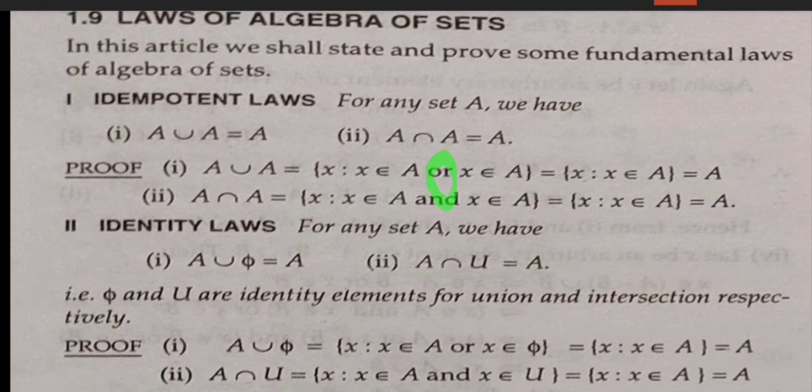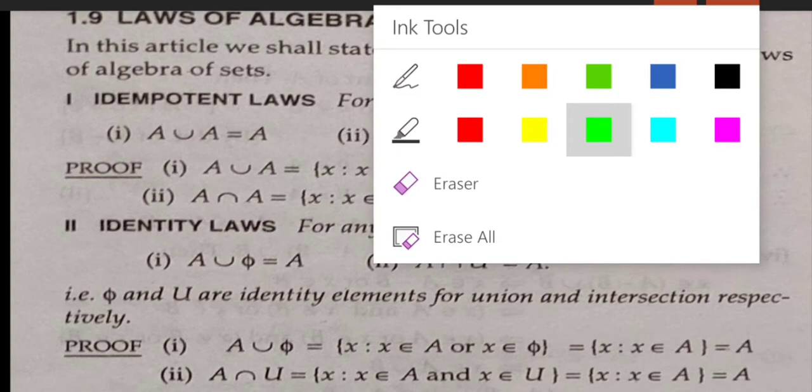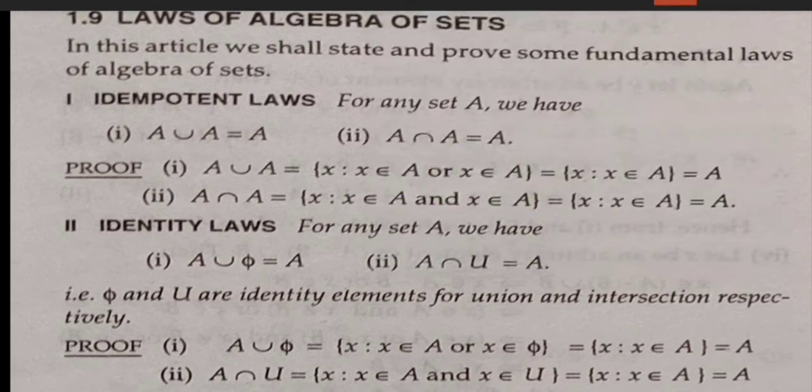The element belongs to A or the element belongs to A. Simply, both the sets are the same here. X belongs to A, X belongs to A. Therefore X is such that X belongs to A.